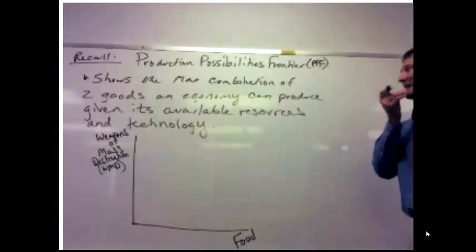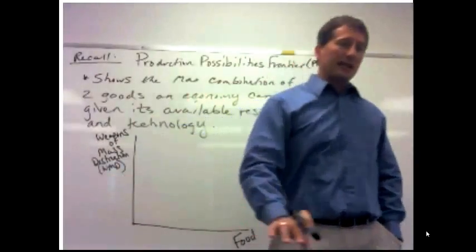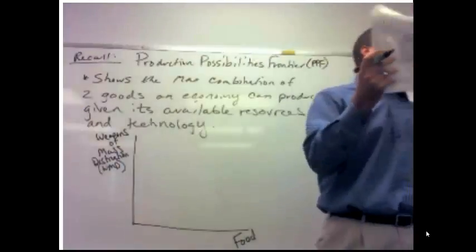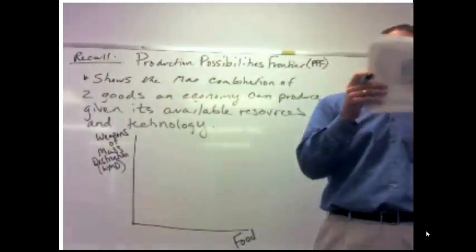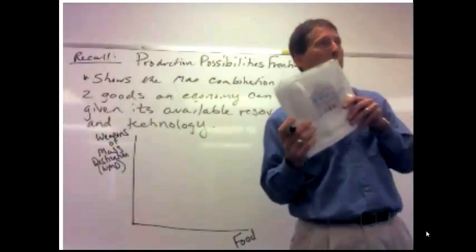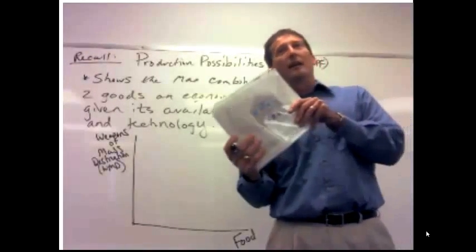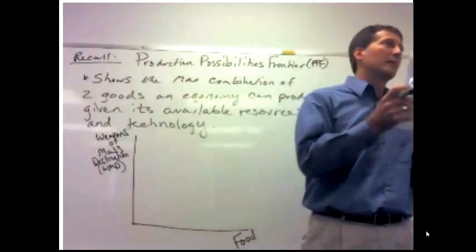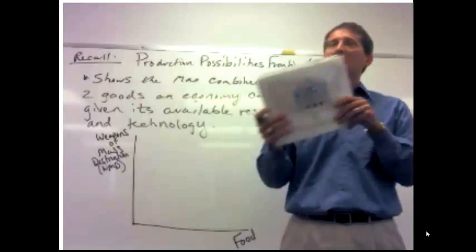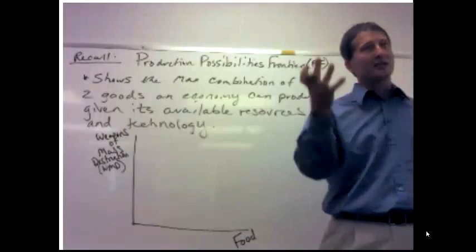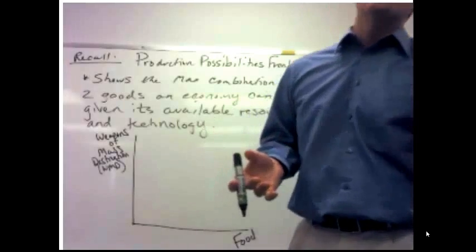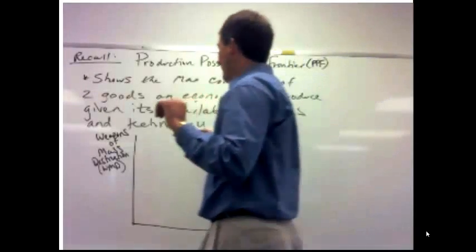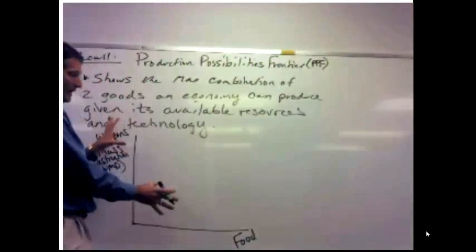So given our limited resources in the nation, what should we make? How many nuclear weapons should we have in our arsenal? How many guns? How many automatic weapons? And then how much bread should we have? How much rice and beans? How much McDonald's cheeseburgers? How much food, right? Choices, choices. If I want more weapons, if we're operating efficiently in the economy,